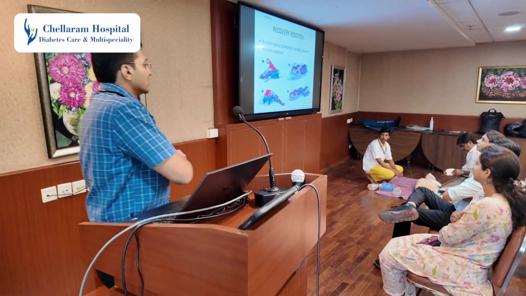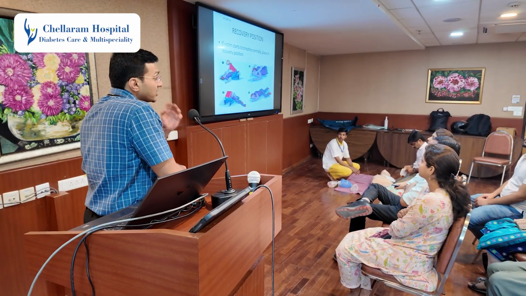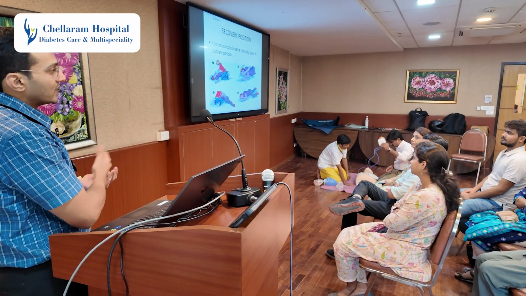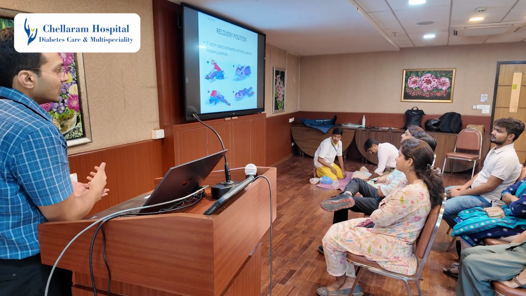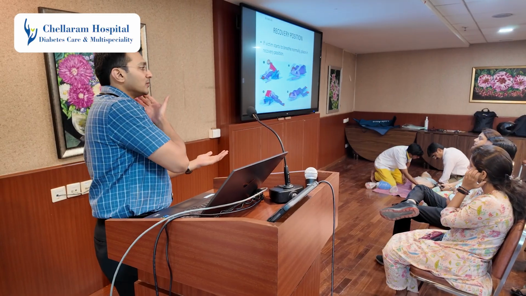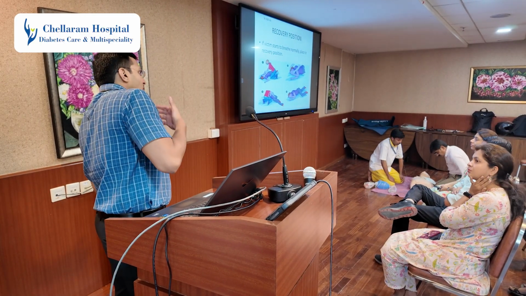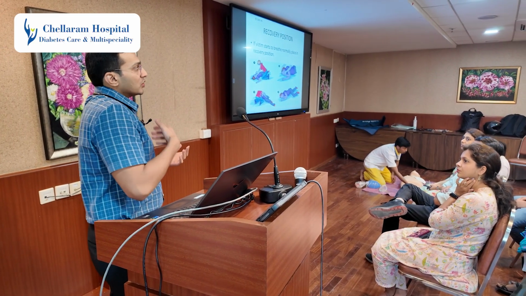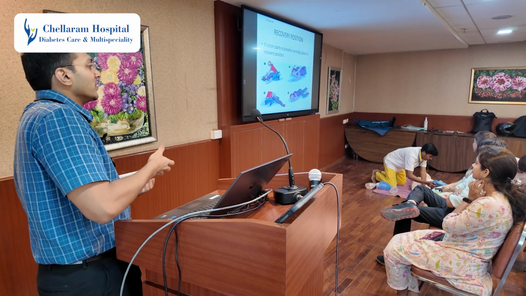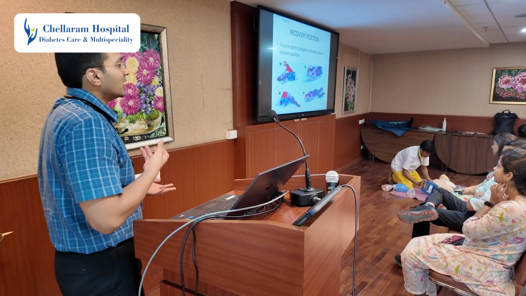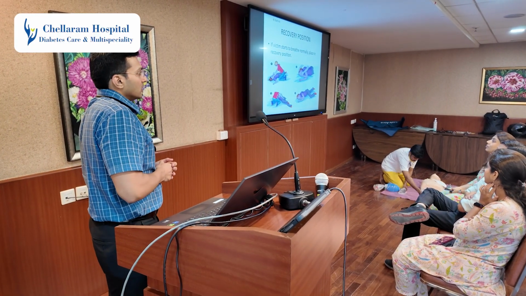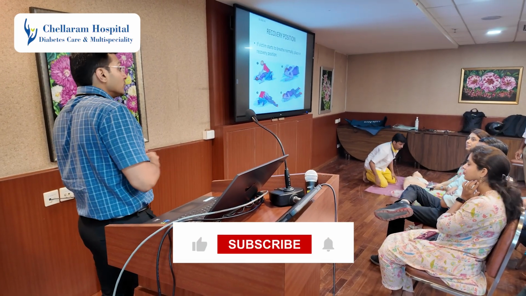And once we get a pulse or the patient starts breathing, we place the patient in a recovery position. That is the left or right lateral position with a hand. The hand which is below should be straight, and this hand below. Why? Because if there is any vomitus or anything, it will come out. What will happen if the patient is not in a recovery position? You were asking the same question. What to do in case of convulsion? So this recovery position is helpful in this part as well.